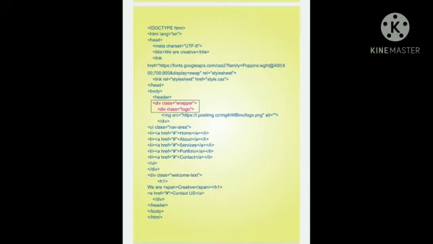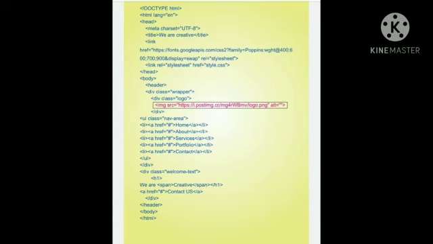Now let us give the logo and background for our website. For this purpose the div tag is used. Then for the background we can give whatever image we need. To link the image here, right click the image, go to its properties at the bottom, copy the location of the image by pressing Ctrl+C. Then paste it in the img tag's src, that is image source.